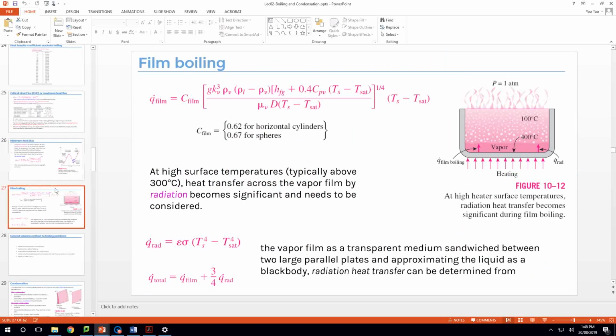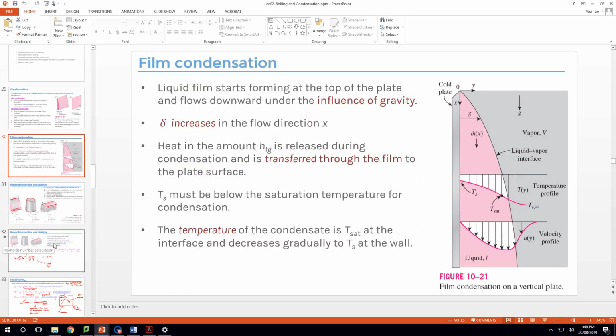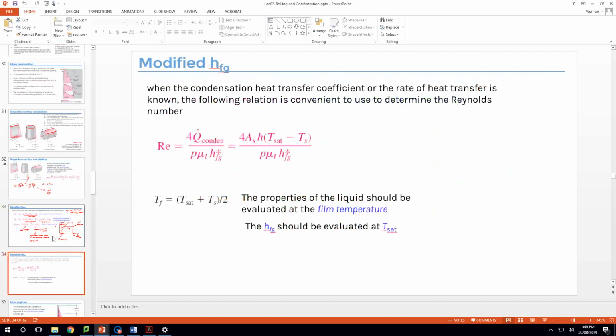okay, so that part is for boiling. But if you come to the condensation, you will see you need to consider a modified latent heat of vaporization. We have mentioned this in the tutorials already. Under which circumstance you should consider subcooled, and under what circumstance you should consider superheated. And also some correlations, some heat transfer could also be calculated by utilizing mass flow rate times the latent heat of vaporization. And okay, the only thing I need to remind you, I also did that in the tutorial,